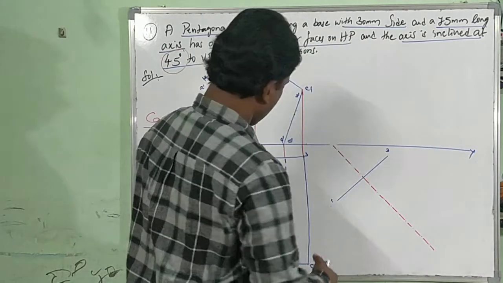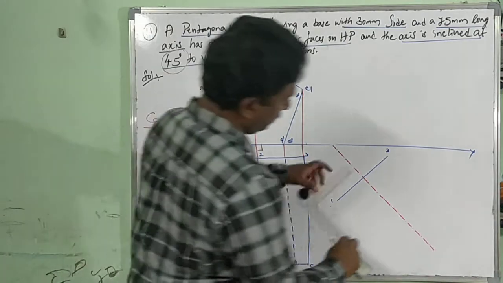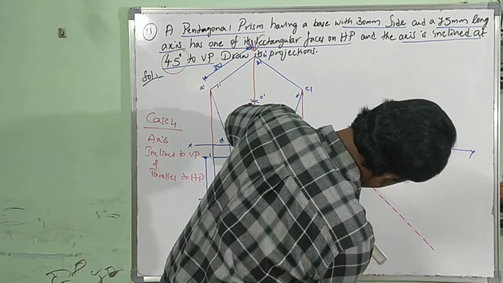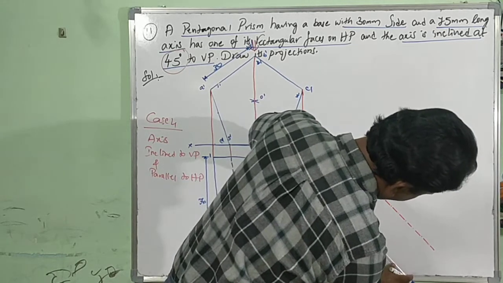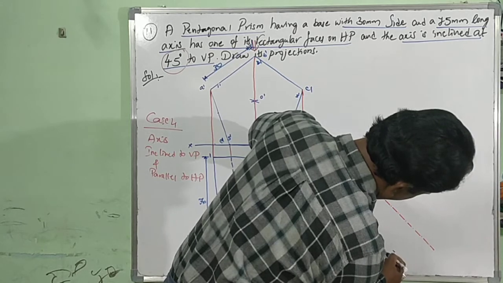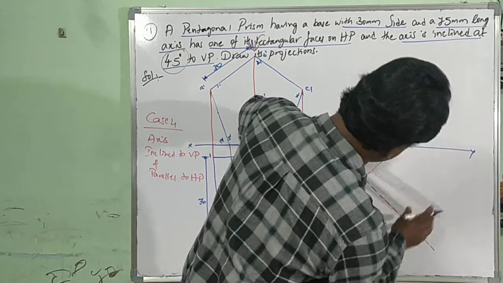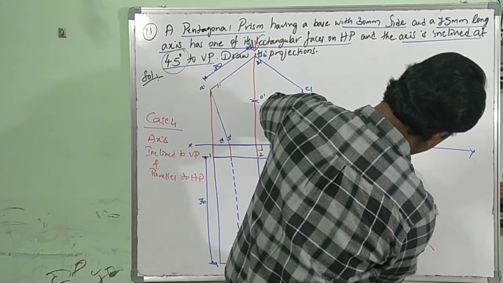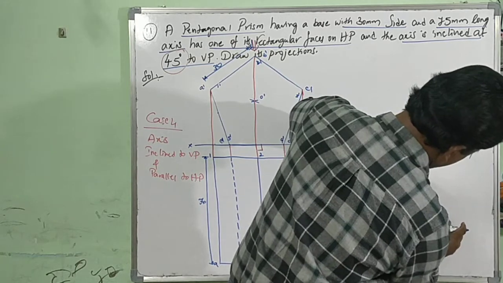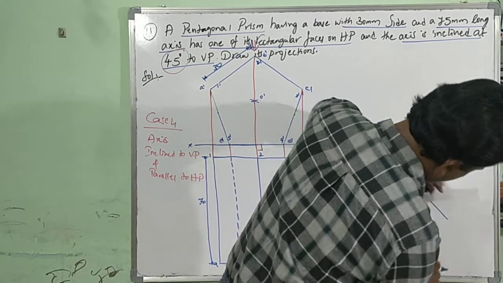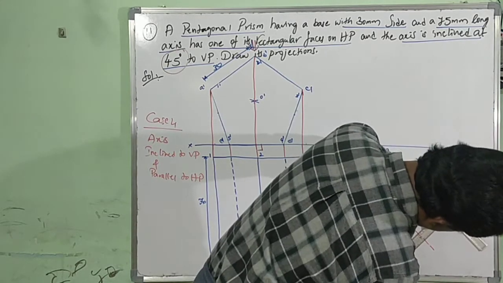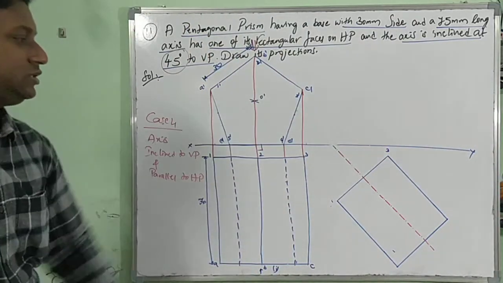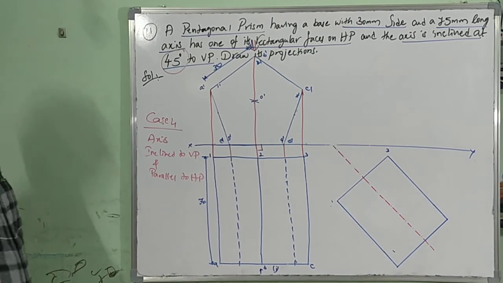One, 3, I have drawn. Now complete this rectangle box there. Now simple. Of what length are we supposed to complete? Of 70 mm. See, my box shapes and sizes may not be equal to the original. I am thinking of making it so that I can show you very easily.